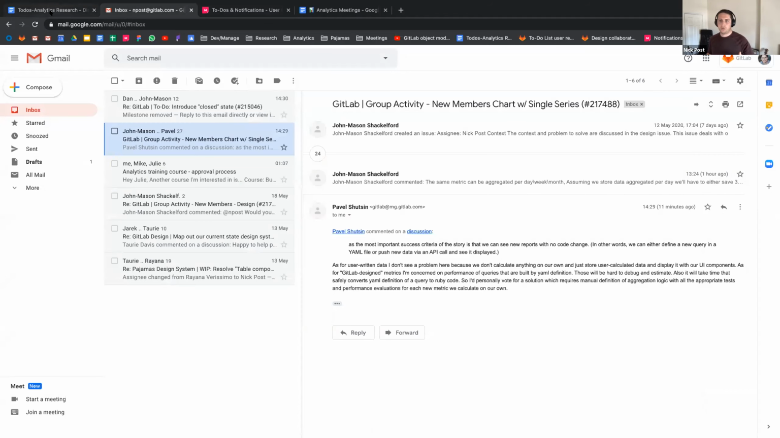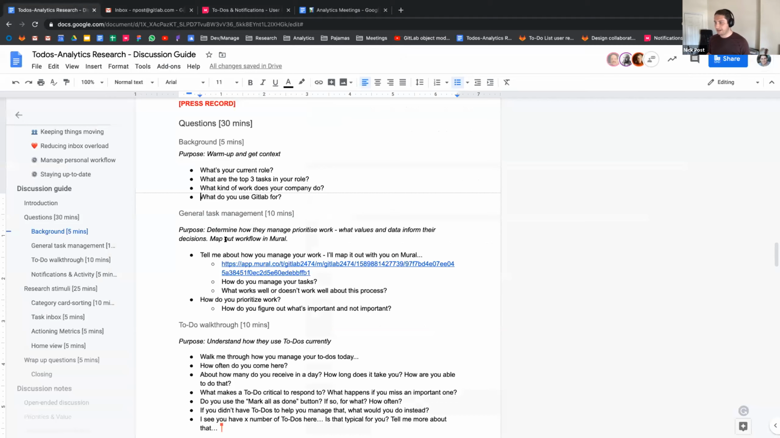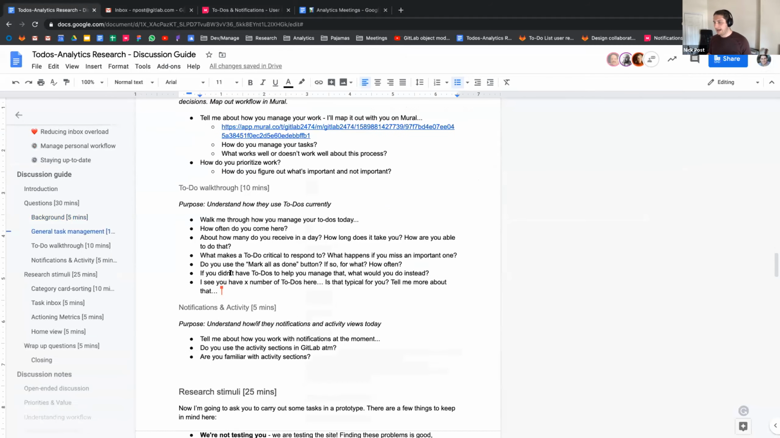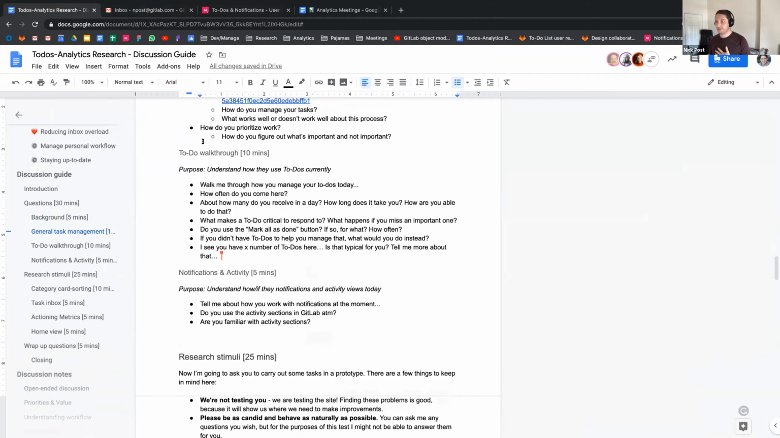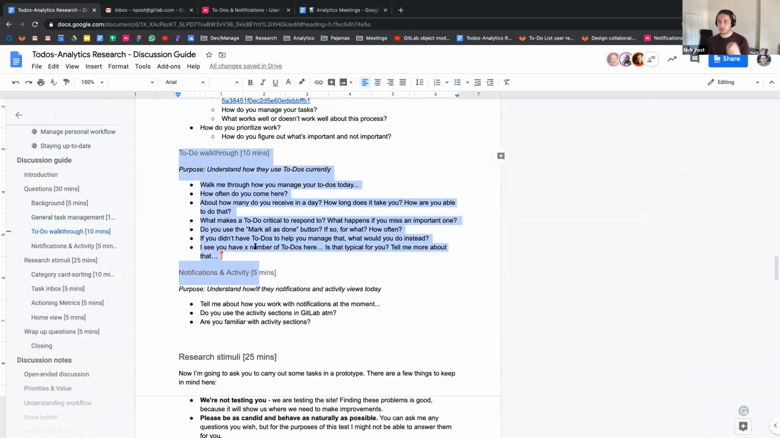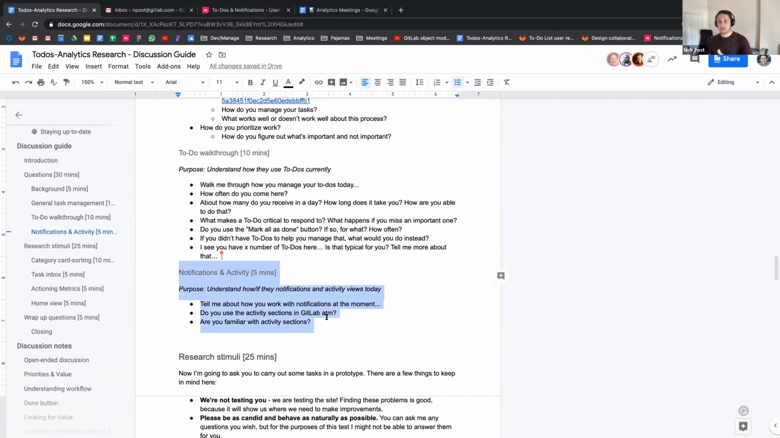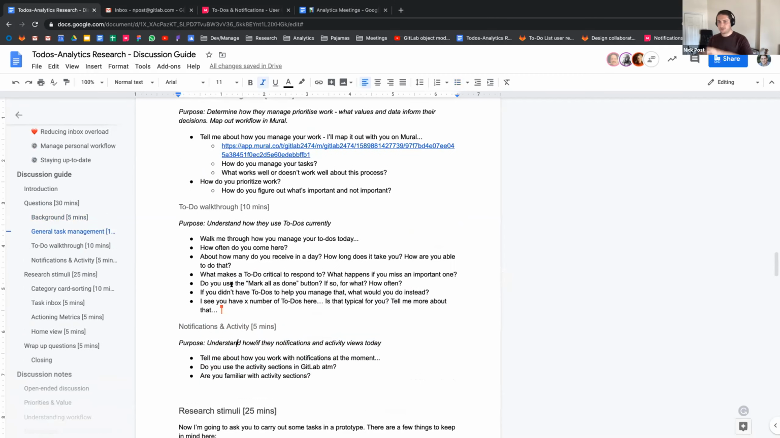So that's a nice visual way to discuss task management in general. And then from there, we can use that as a way to actually dive into specific areas such as to-dos and get them to walk us through to-dos, and then get them to walk us through how they use notifications and if they use activity as well. So that sort of sets a good context and gives us some good nuance towards the job to be done and also the current